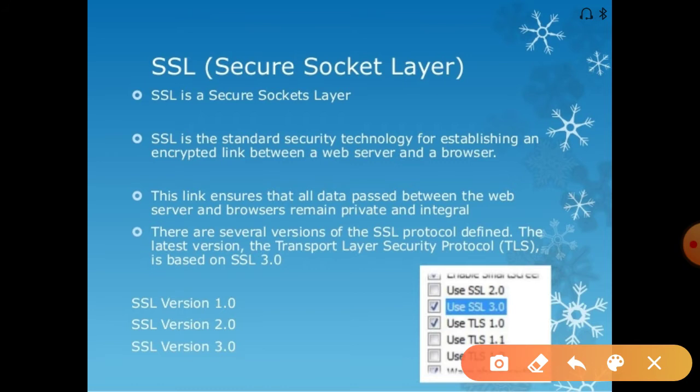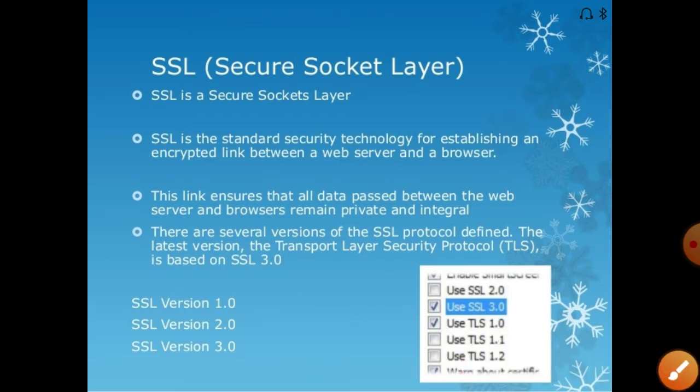SSL comes in different versions: SSL 1.0, SSL 2.0, and SSL 3.0. The latest version is SSL 3.0, and TLS is based on SSL 3.0 only.